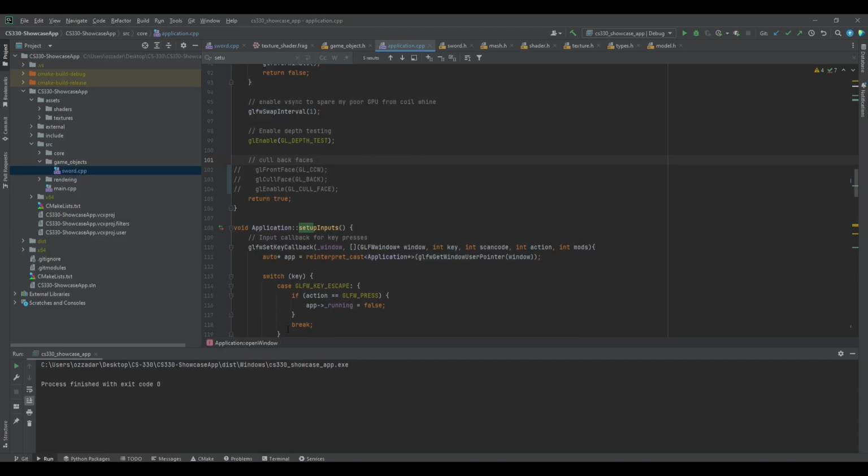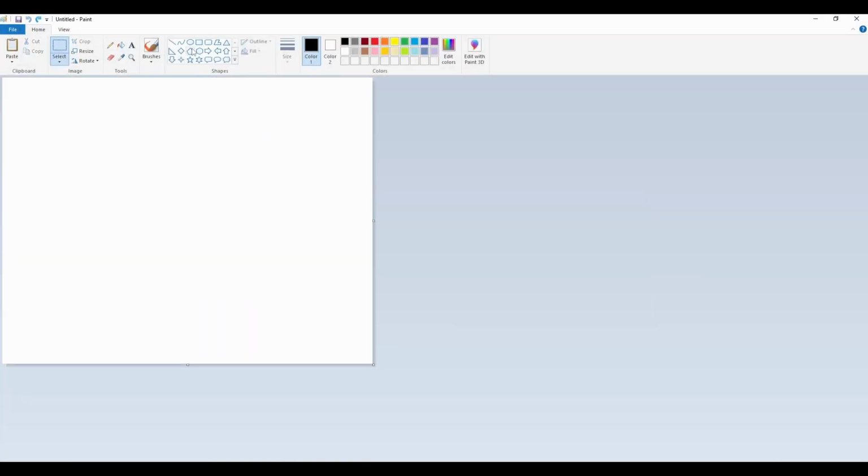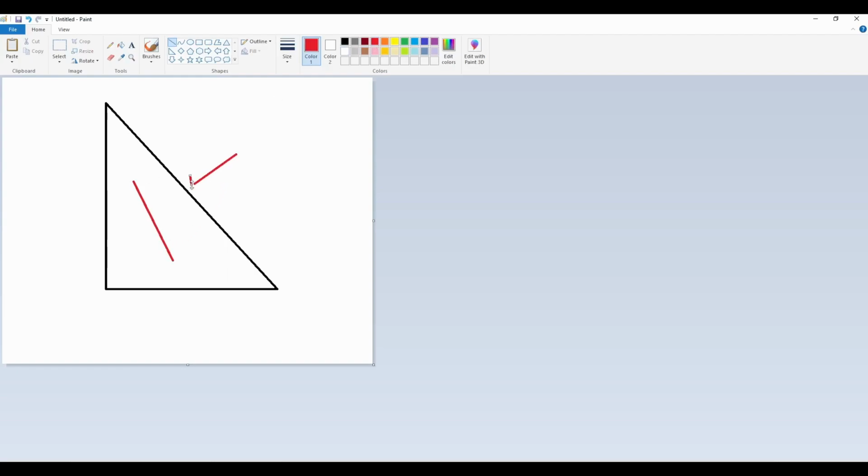So backface culling, what is it and what does it mean? Let's just delete this. Say we have a triangle, right? By default, OpenGL will draw both the front side and the back side of this face. So it will draw this side, and the other side over here too. Now what we want to tell it, mainly to save on resources, is that while you're looking at an object,